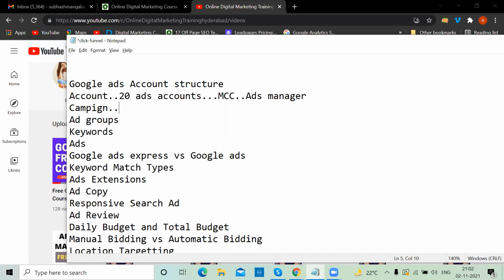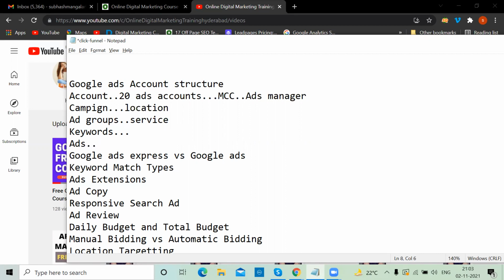Next, campaign. Campaign is nothing but where you will be targeting a location. Whether you want to target Hyderabad, Bangalore, Chennai, in such a way, when you're running a campaign for one hospital, which location you want to run the ads in, you have to decide. Multiple places you can mention. Ad group is nothing but your service, like cardiology, gynecology, pediatrics, these kinds of services you'll be mentioning. Keywords are nothing but the keywords for which you want to buy that ad. If your SEO is not performing for a particular keyword, and you want traffic for that keyword, then mention the keywords, and for that particular keyword your ad will appear.